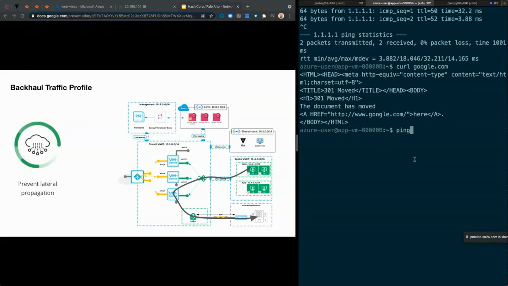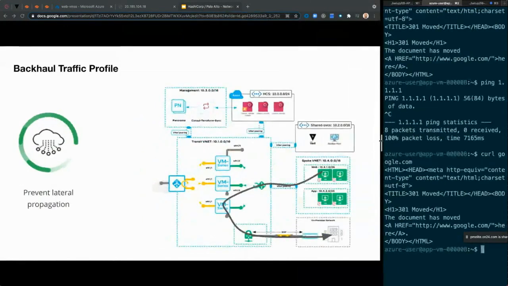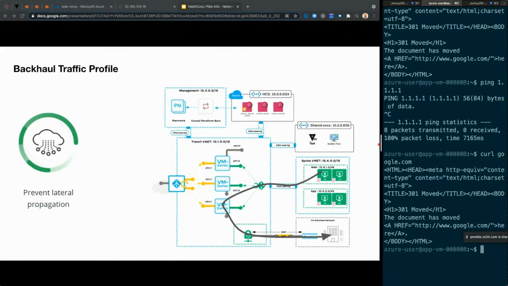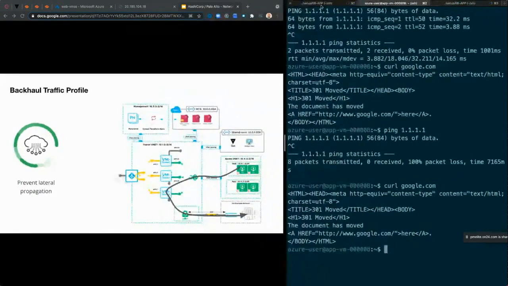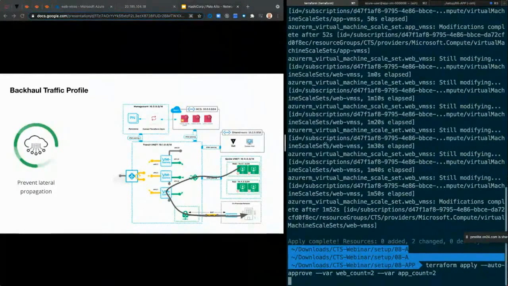So now if I try to ping from my application server, I'm blocked because I applied an application ID on that rule, only allow web traffic. So if I try to curl, I still can. So that's the power of injecting VM-Series firewalls into your pod, enforcing those traffic controls, making sure that you're truly secured. So while we are at it, let's actually do the reverse. Let's destroy those two web servers we deployed and also the app servers we deployed, and see how this works out.